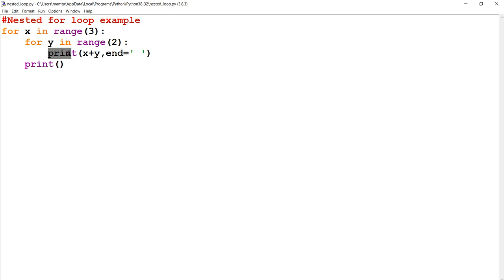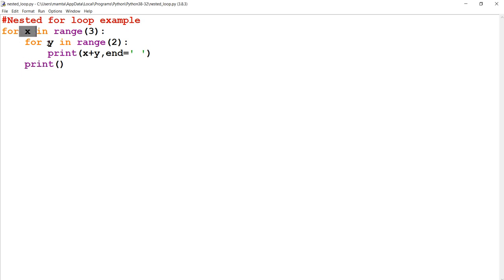And then the print statement, that is again in which loop? In the loop of inner, that is for y. And this print statement is not indented to for y loop. This print function is indented to the loop which is rotating with x.